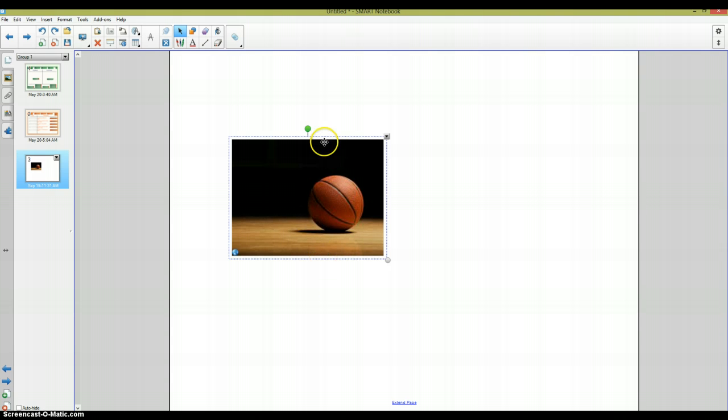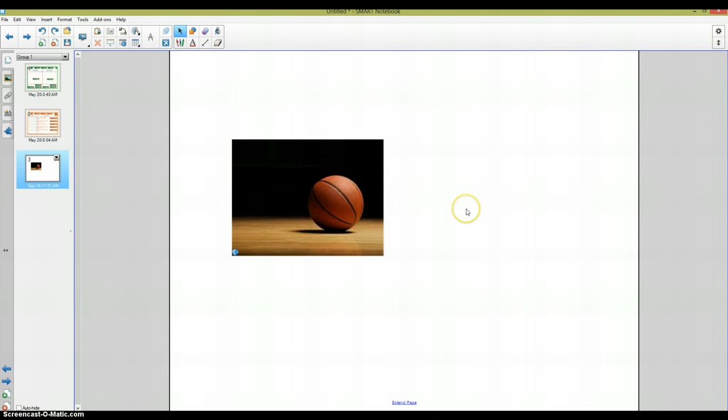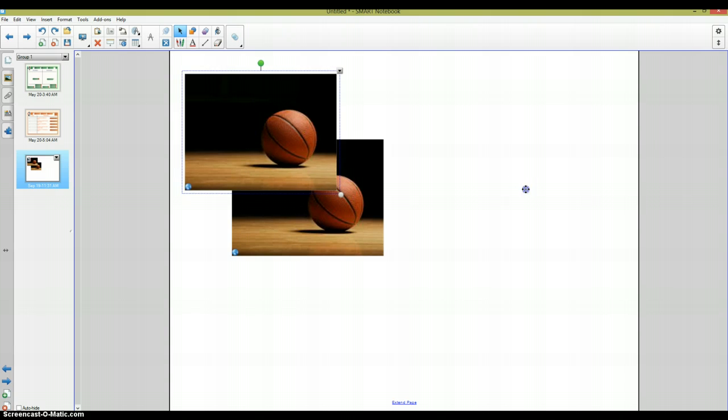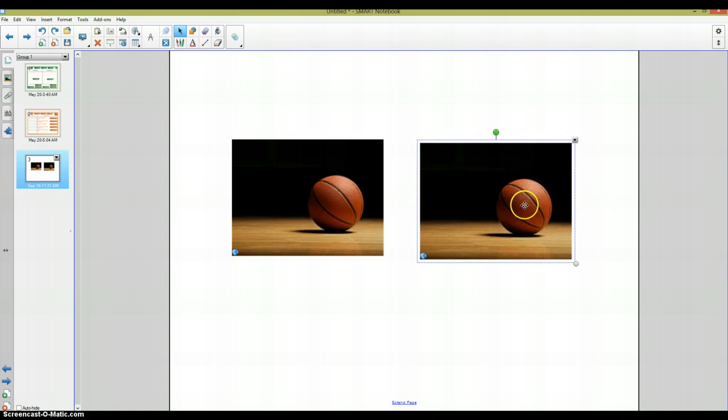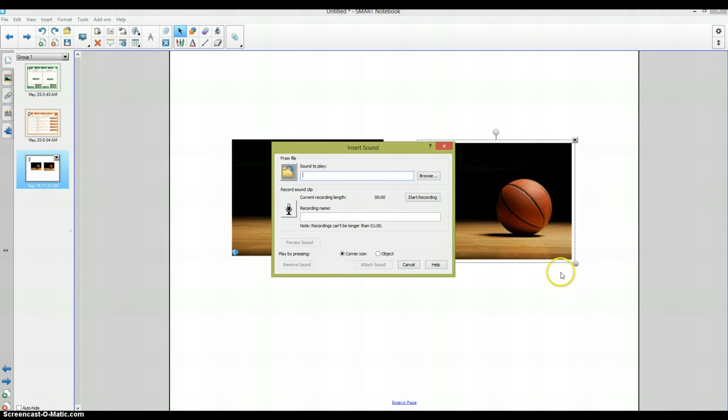Okay. So then another way is that I can actually link to a sound. So let's say I wanted to have this vocabulary activity, and I wanted to say the word basketball, and the students click on it and would hear that word. So I would same thing, select the object, click in the upper right hand corner, and go to sound. And then what I can do is either browse for a sound off of my computer, and they're going to be looking for an MP3 is the type of file that you're going to be adding to it. So if I click browse,